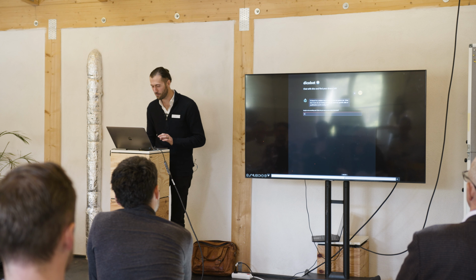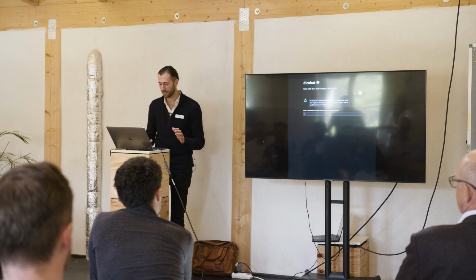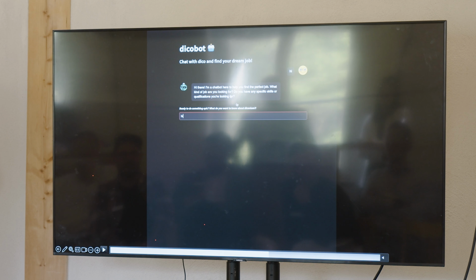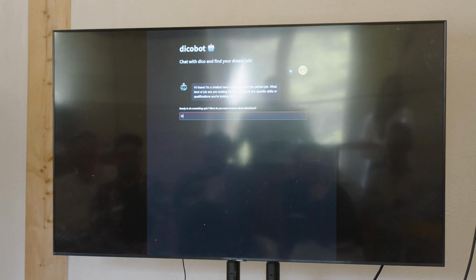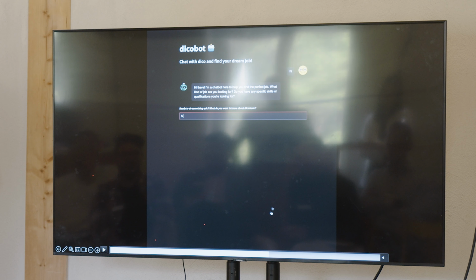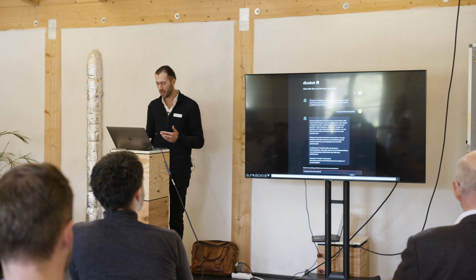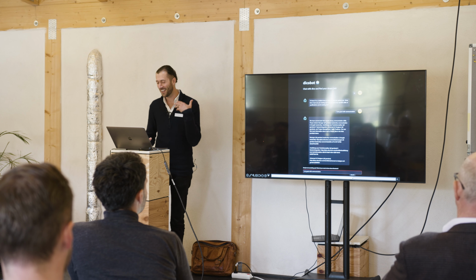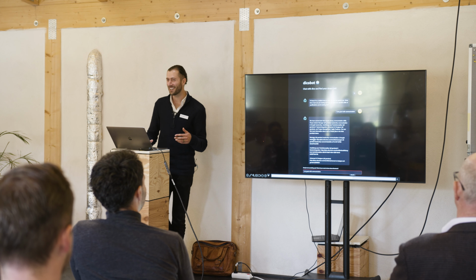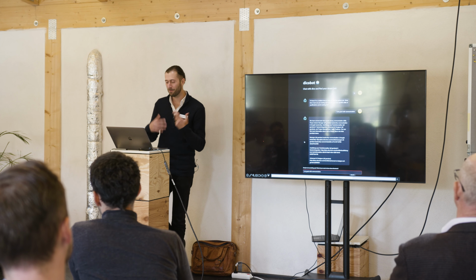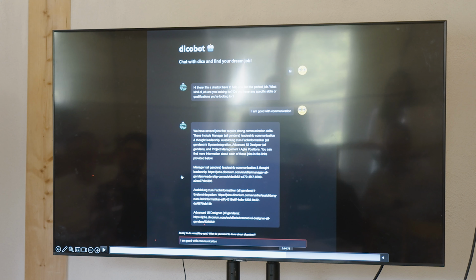As a last example, I can also just say hi, right? Because maybe I'm shy. And DicoBot kind of prompts us. It says, well, I'm here to help you find your perfect job. What kind of job are you looking for? Do you have any specific skills or qualifications? And I can say, yeah, I'm good with communication. So it then gives me some different options. So it says, well, you could be the manager of leadership communication. You could do an Ausbildung, or you could be an advanced UI designer, all kind of different forms of communication. It doesn't know what I want.